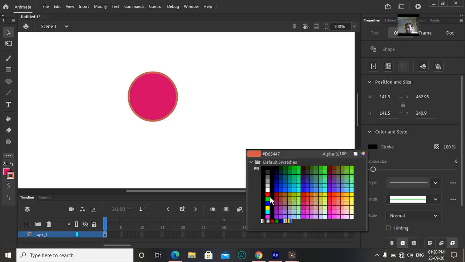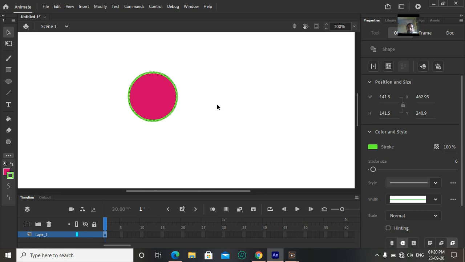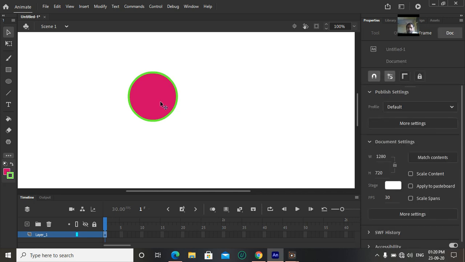Okay, I am going to choose this color. Now see, the stroke has been changed.